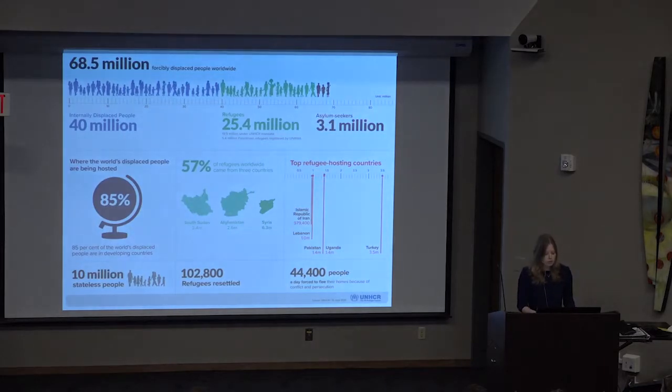The world is currently experiencing the highest levels of displacement on record. This is data from the United Nations High Commissioner for Refugees. It was updated as of June 2018. There are 68.5 million people around the world who have been forced from their home as a result of conflict, persecution, or generalized violence. That's one person every 2 seconds. Among them are 2.5 million refugees, over half of whom are under the age of 18. And there are 3.1 million asylum seekers globally.